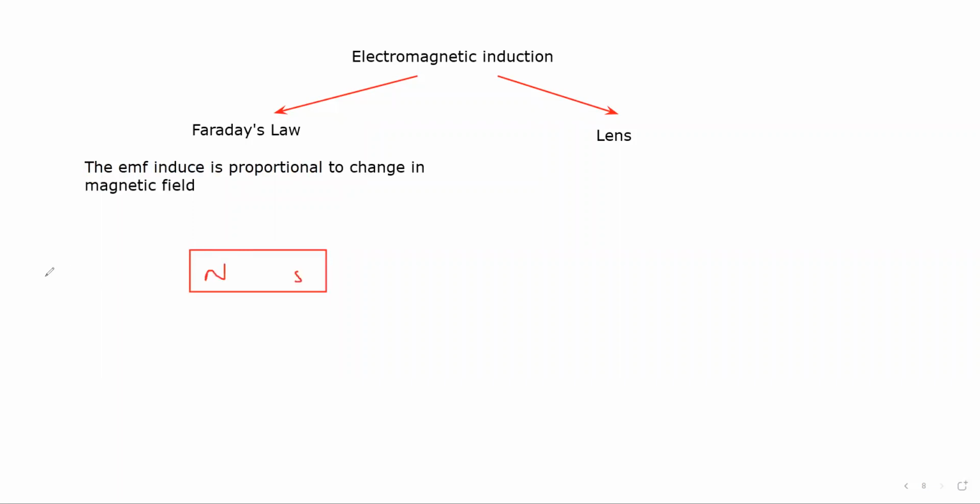north and south, and you have a circular wire, what happens if I move the magnet towards it, say, with a speed of 3 meters per second, and the induced EMF is 2 volts? As the magnet is moved towards the wire, there is a change in the magnetic field which induces EMF. So for example 2 volts. According to Faraday's law, if we change the magnetic field at a faster or greater rate,